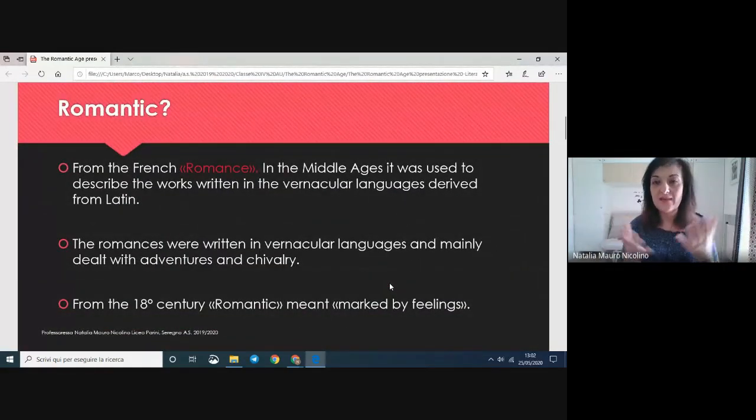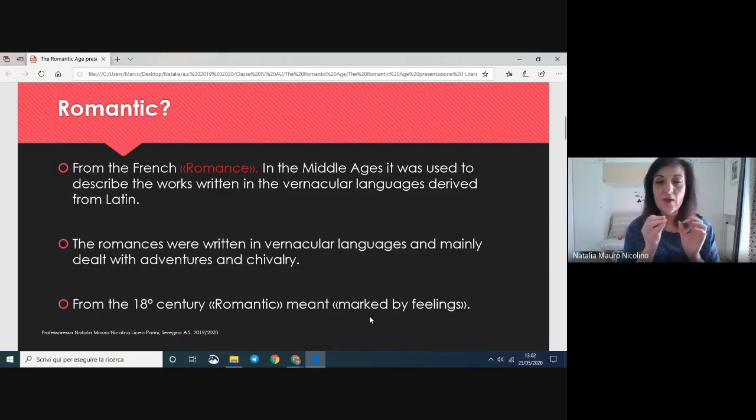The romantic age is called romantic because it is an age, obviously, marked by feelings. Maybe the most important characteristic, the core feature of romantic literature, not only in England but in the whole of Europe, is the fact that romantic works are marked by feelings,